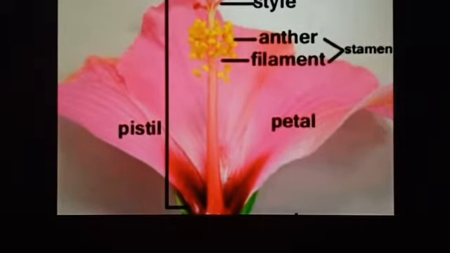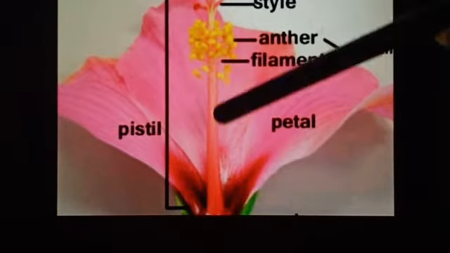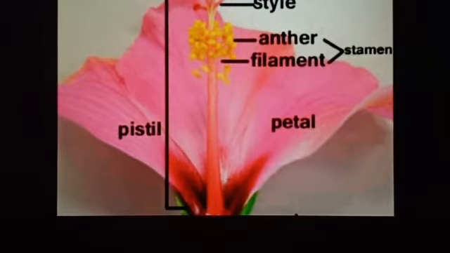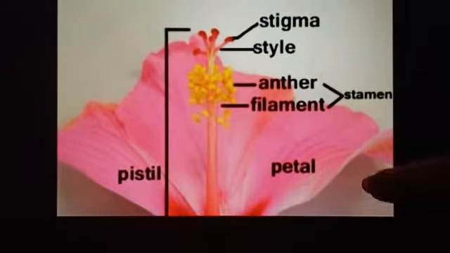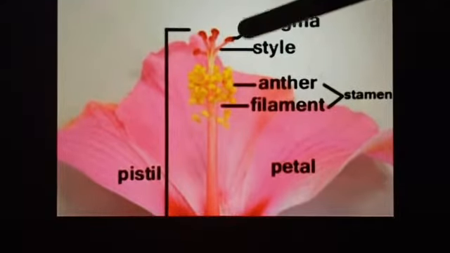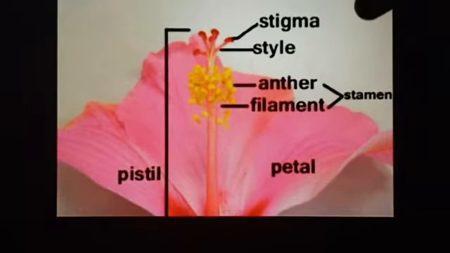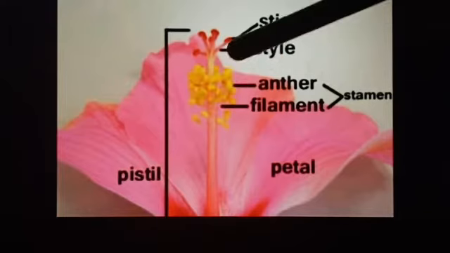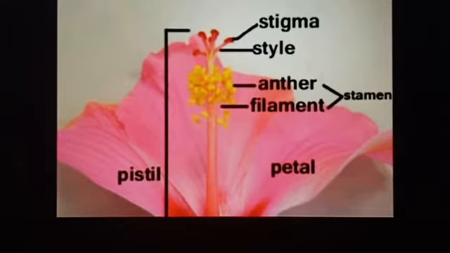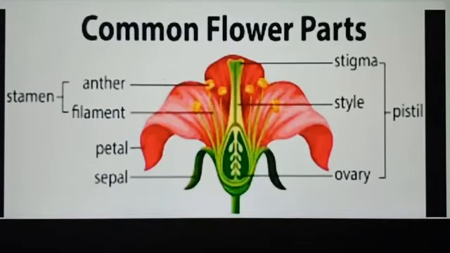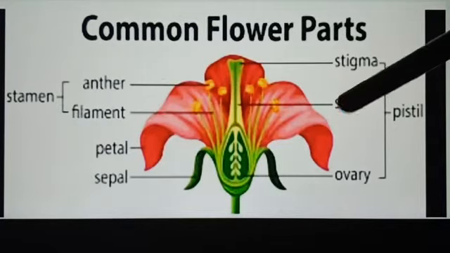Okay, and let's talk about the other 2 whorls. The third whorl is the androecium, and the fourth one is gynoecium. And in the next picture we can differentiate them clearly. Here they are just merged with each other in an aggregated form, so you cannot differentiate them. But in our next picture we can see the proper structure of the androecium and the gynoecium. So this is a common structure of a flower.